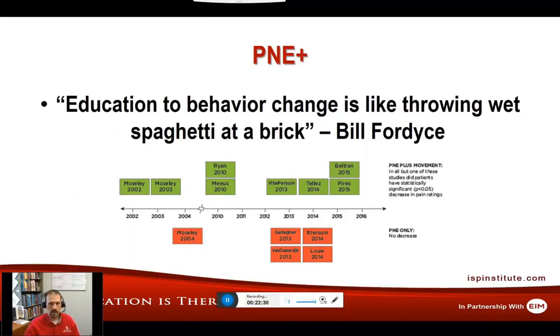And that's very much needed, because one thing that we found when we did our systematic review, when we looked at the 13 different studies, 5 of them did just pain neuroscience education only. In each of those 5 studies, none of them found any reductions in pain. But when we looked at the other studies, what we found was that all but one of these studies had a statistically significant decrease in their pain ratings. When we added things such as movement and change of behavior, activity, we really start to alter and shift in what we refer to as P&E+.